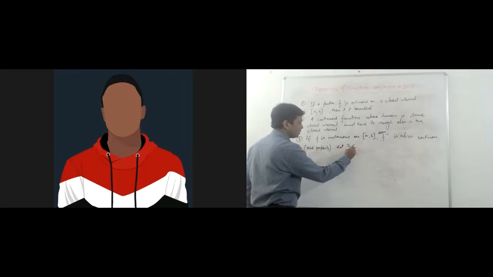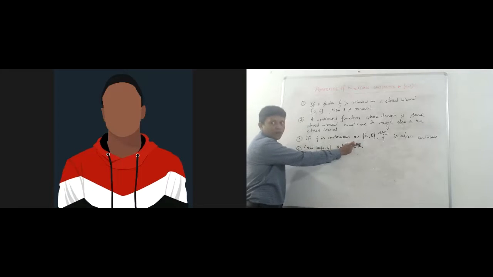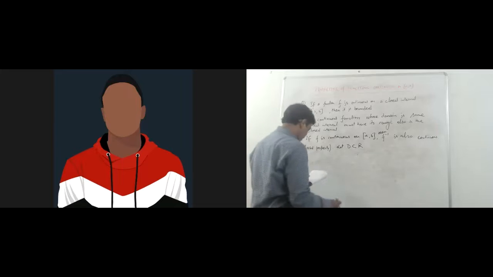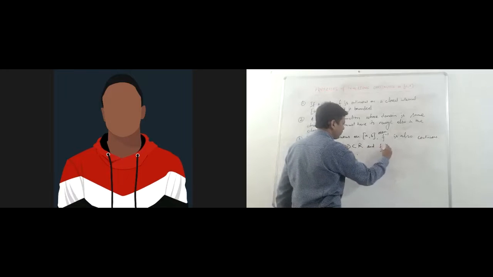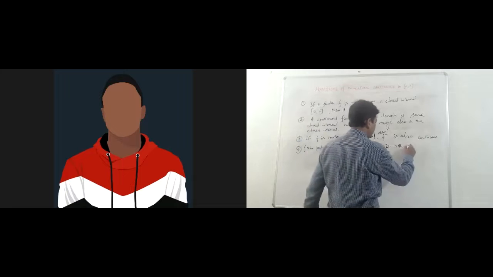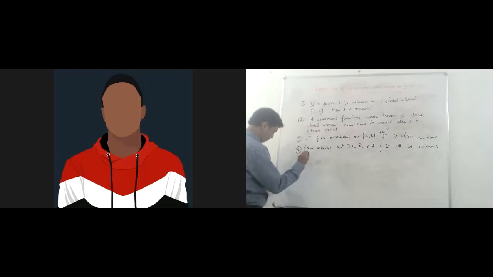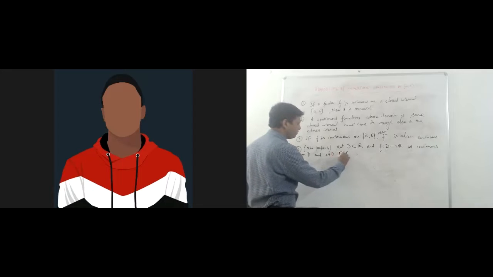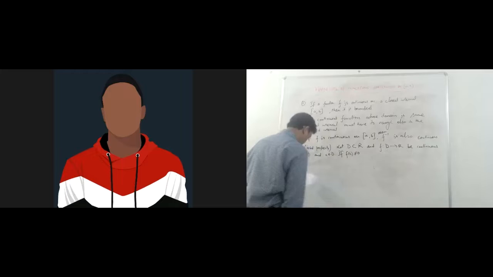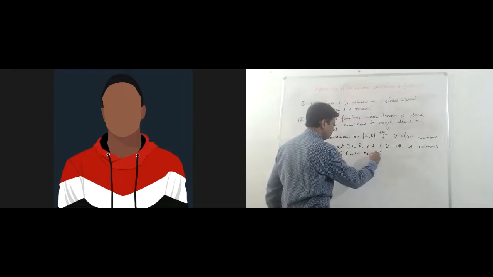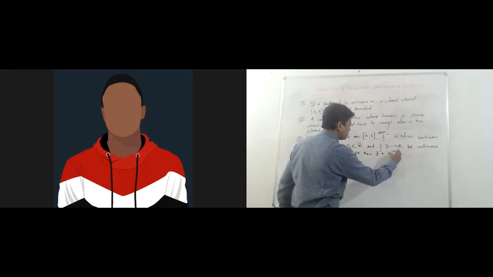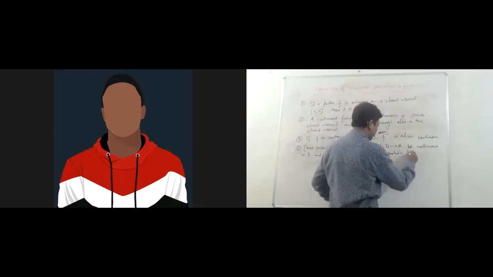Let D be a subset of R, that means some domain which is a subset of the real numbers. If f from D to R is continuous on D, and c belongs to D, if f(c) is not equal to 0, then there exists a suitable delta greater than 0 such that for all x